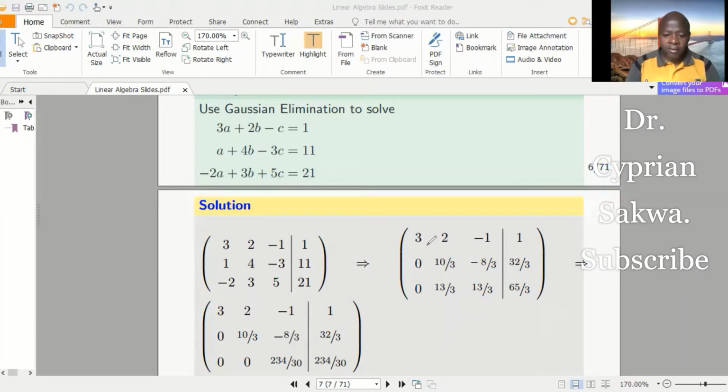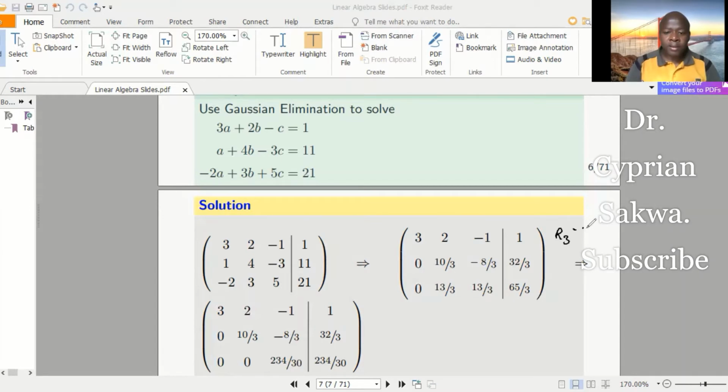Now, I'm done with this first column. I now come to this second row, and I can see that my leading entry is this. I want to use this leading entry to create a 0 in this position. How do I achieve that? To get a 0 in this position, that position is in row 3, so I need this row 3